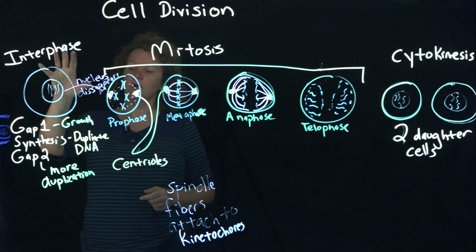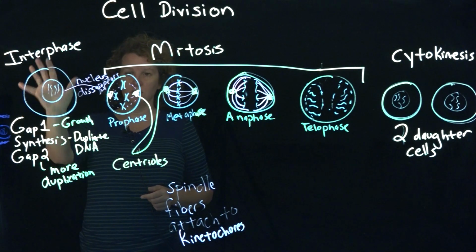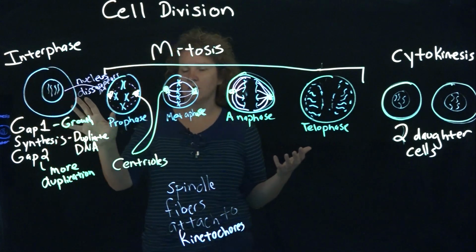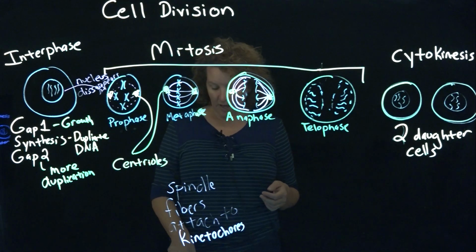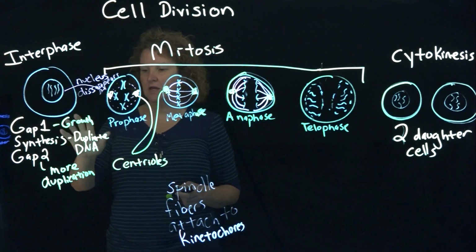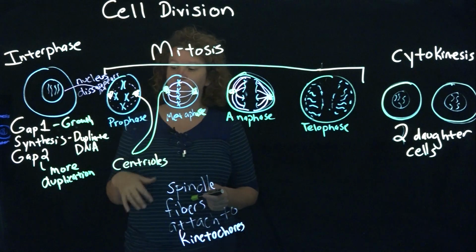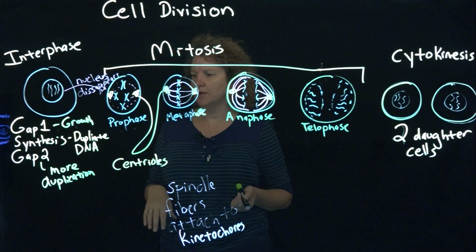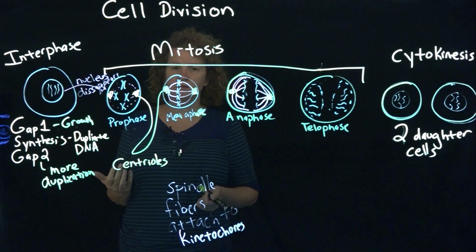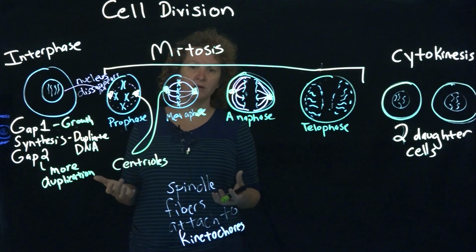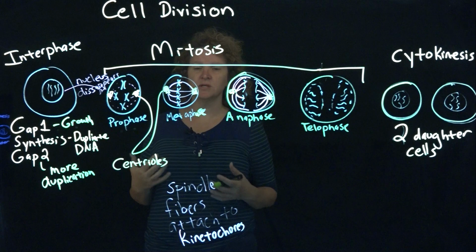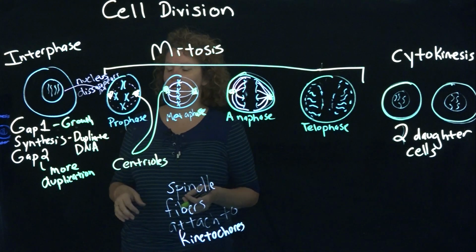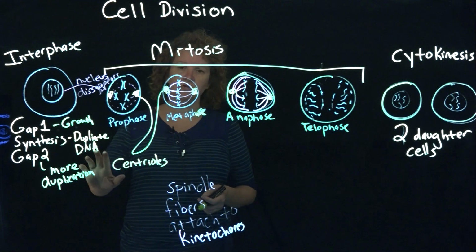The first part is interphase, and this is where cells typically exist until they're signaled to divide and make new copies. So you have gap 1, which is a growth phase, and some cells stay in gap 1. It's just normal daily activity, so nerve cells, for example, stay here. But then there may be a signal that you need to make more cells. Epithelial cells, for example, that line your gut and your skin, get that signal quite frequently. And so then you need to duplicate the genetic information.